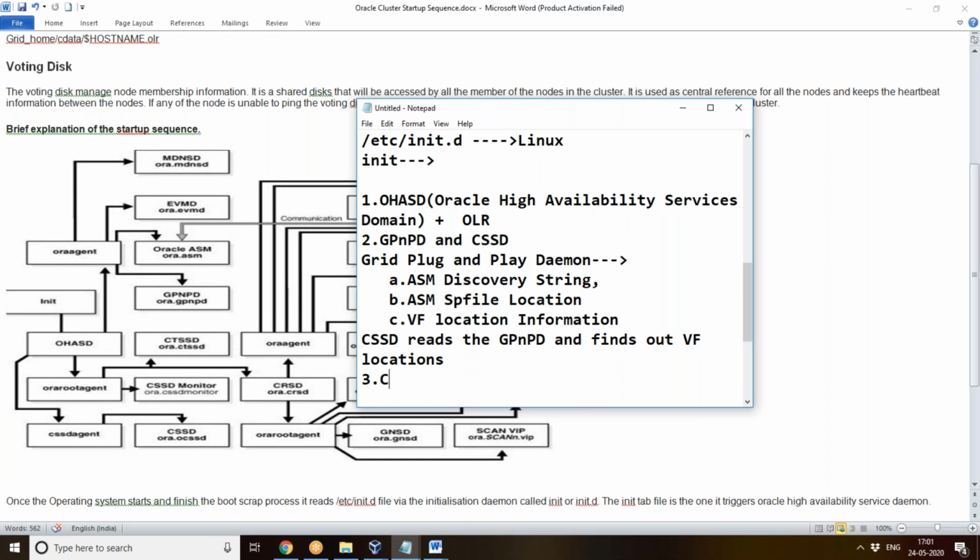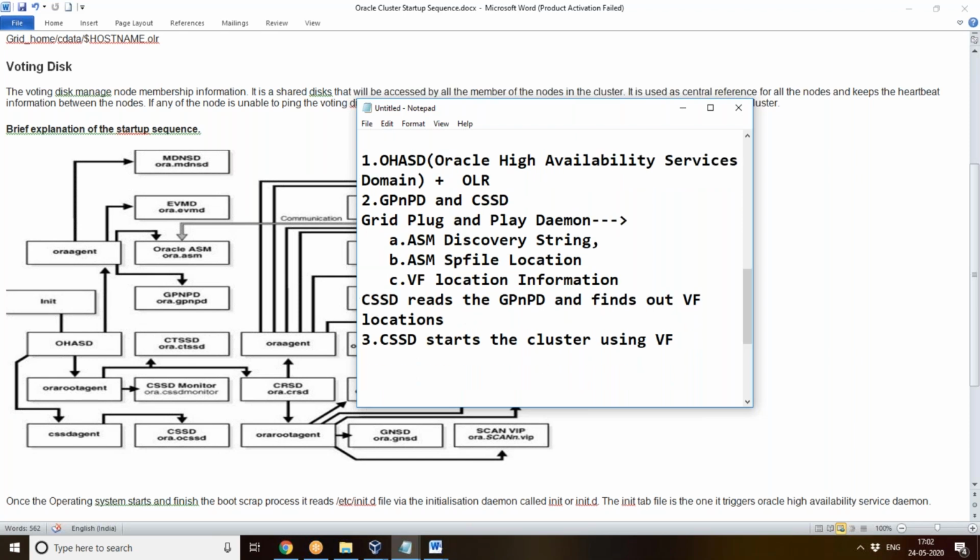So third one, the CSSD starts the cluster. It only starts the cluster using the voting file. Using the voting file, CSSD is starting the cluster. Fine. Then the fourth one, OHASD